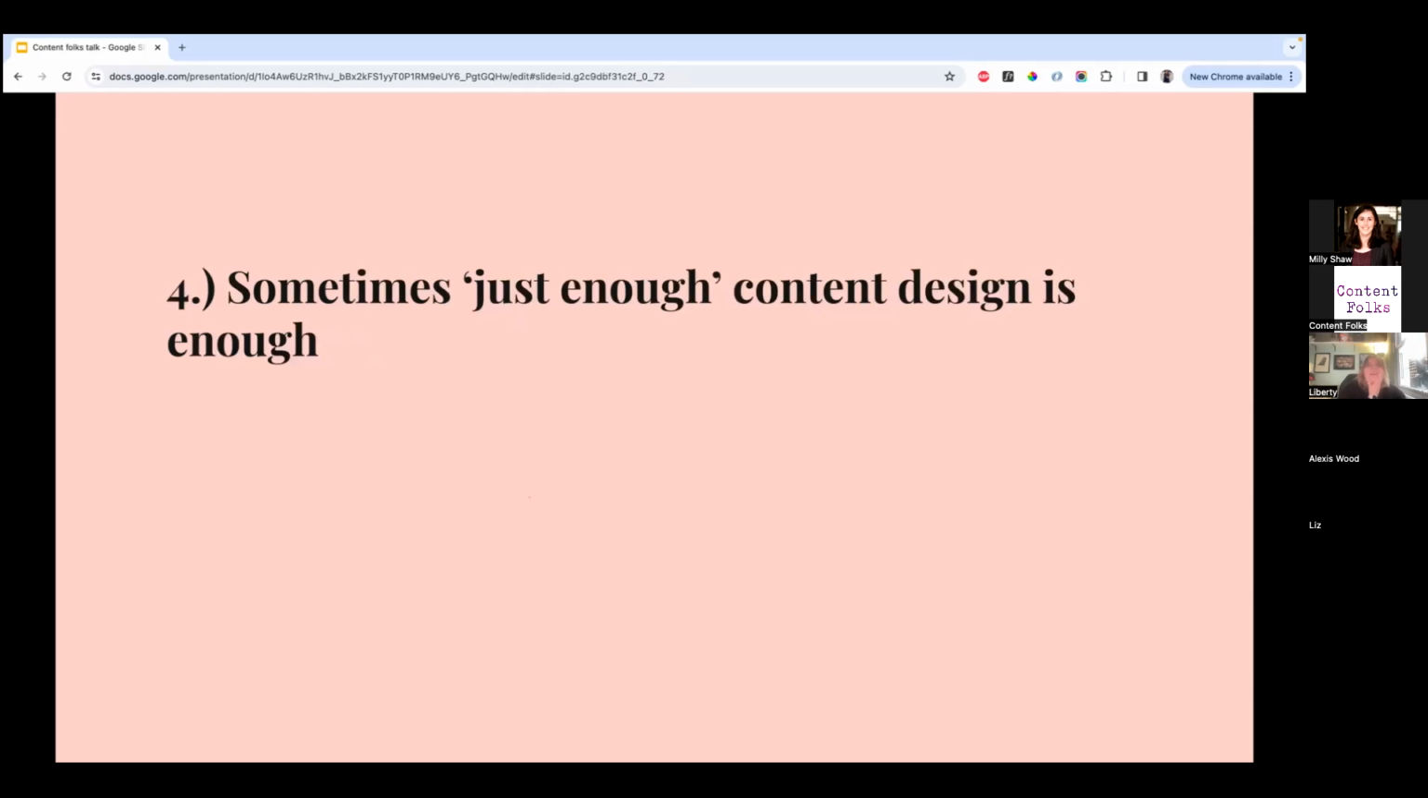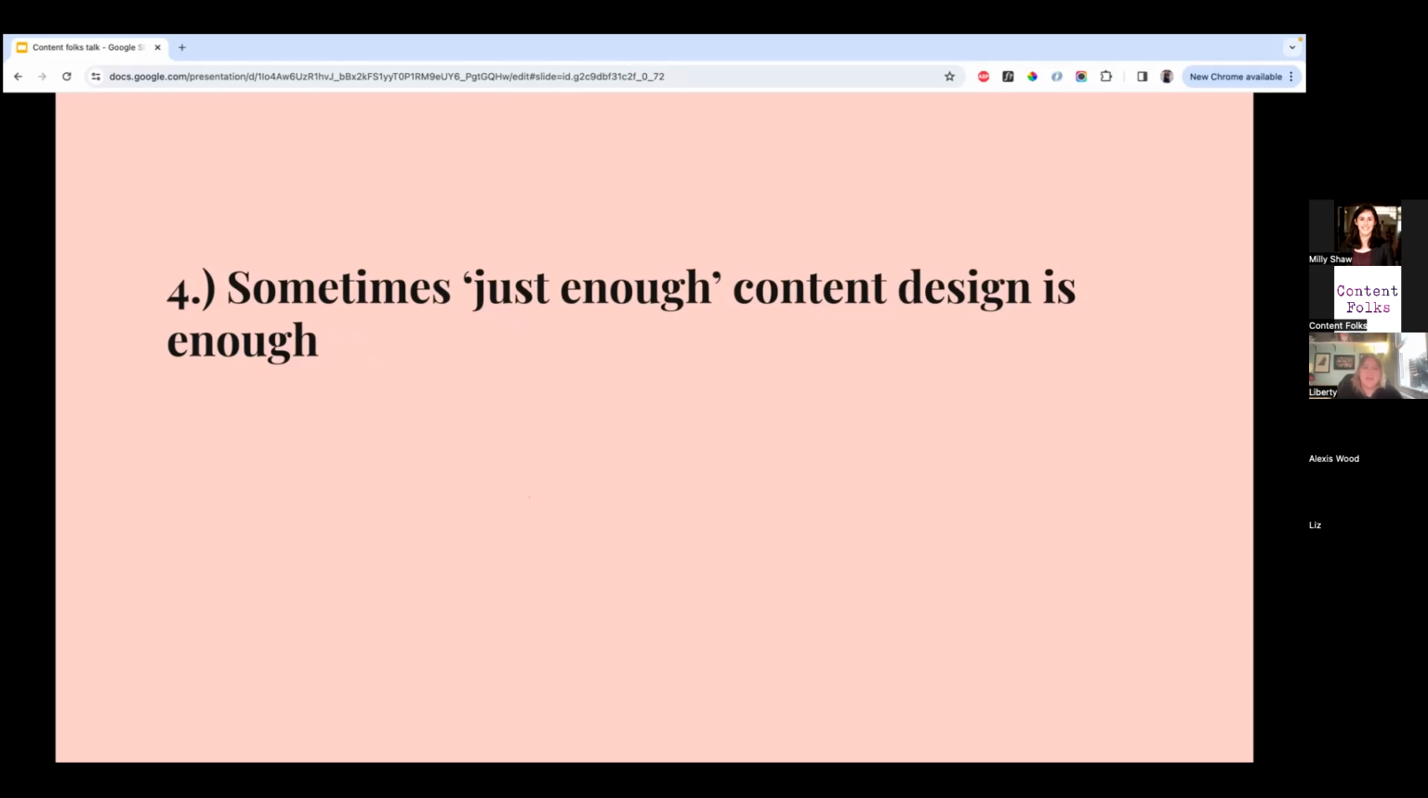The next one is that sometimes just enough content design is enough. And again, when I started out, I was disappointed if I didn't get something I was working on word perfect. I thought I'd be spending a lot of my time testing and iterating and writing content, and then putting it live in the CMS myself. Back to the first point about content design being a team sport, I thought I'd be this one woman band, doing everything and making it perfect, and that's just